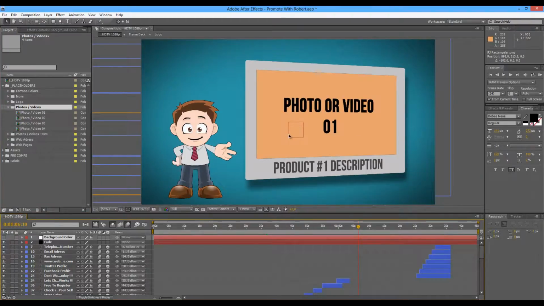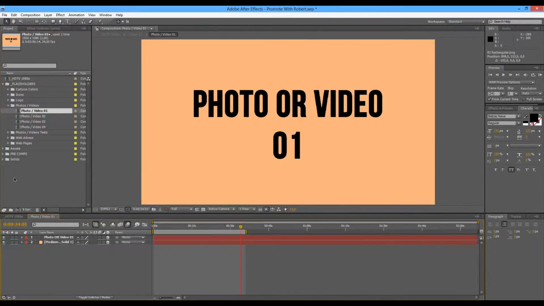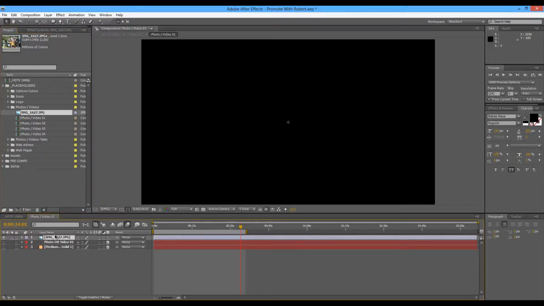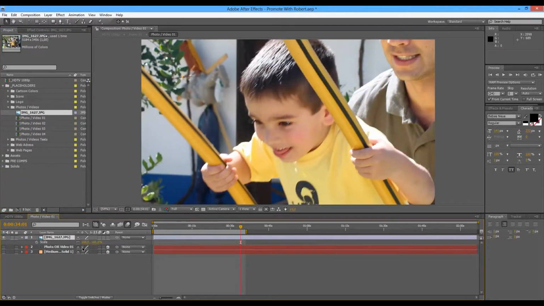So this will be the first photo or video. If you open the placeholder, you will find just the solid and text that you may disable. And I'm gonna bring a photo, just a straight, very simple photo of me and my son. I'm gonna bring it right on top. I'm gonna press S for scale,